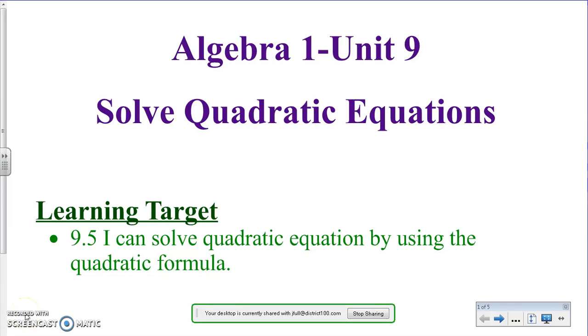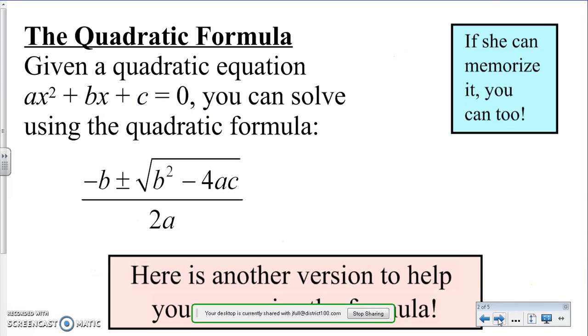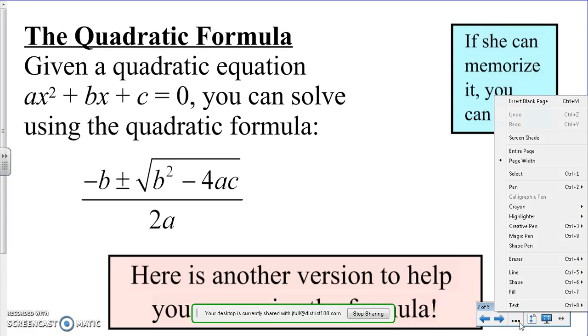Today we're going to start talking about the fourth and final method that you can use to solve quadratic equations algebraically, which is called the quadratic formula. Let's go ahead and look at the quadratic formula here. If you have an equation ax squared plus bx plus c equal to 0, you can solve using the quadratic formula, which is negative b plus or minus the square root of b squared minus 4ac